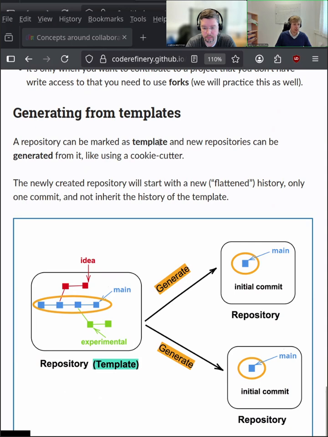And the difference between a template and a normal repository is simply that a template will flatten the history. So it's like a Git squash, if you remember from the previous days. Basically, all the history from this repository that you cloned has been flattened so that we start with an initial commit and start from a kind of new state. So we don't have all the history from the creation of the template. So for those of you who will lead an exercise class, this will be important.